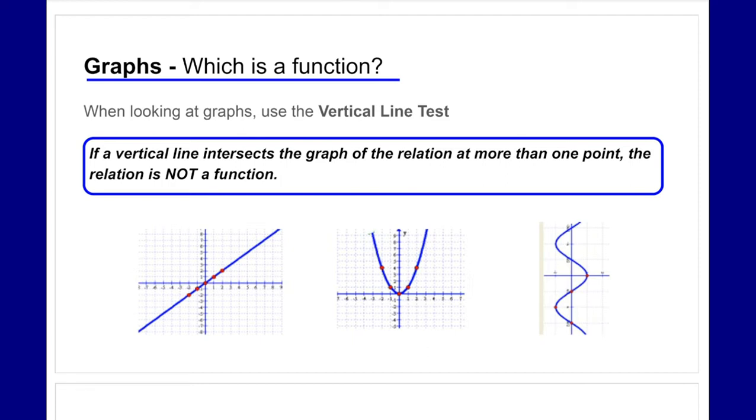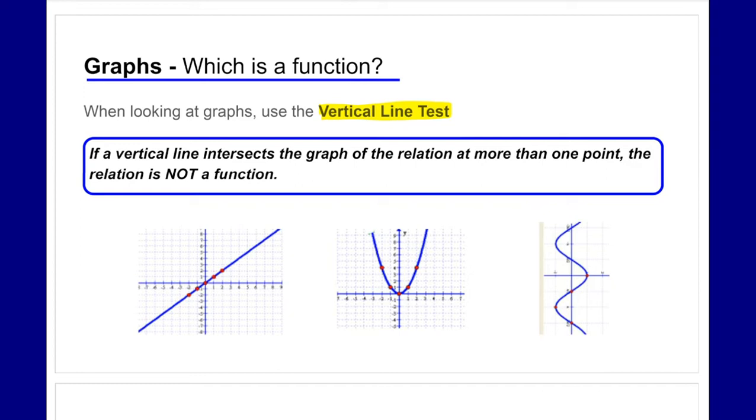That's why when looking at graphs, we use what is called the vertical line test. Basically, we take a vertical line. It can be an imaginary one, it could be a ruler, you can move another piece of paper across your graph, whatever you want. But basically, if you take a vertical line and run it across your graph from left to right, like we're reading a book,